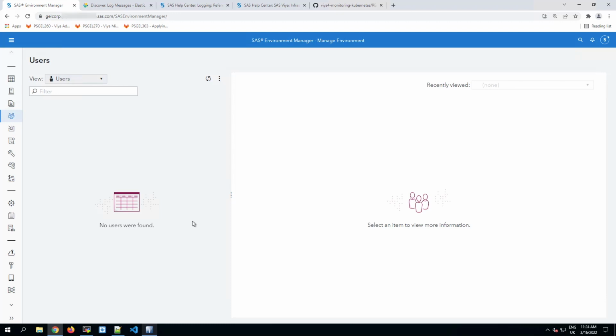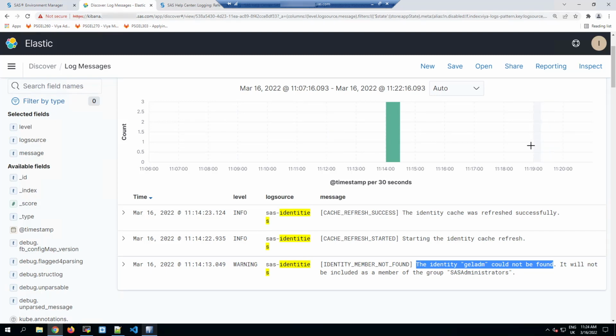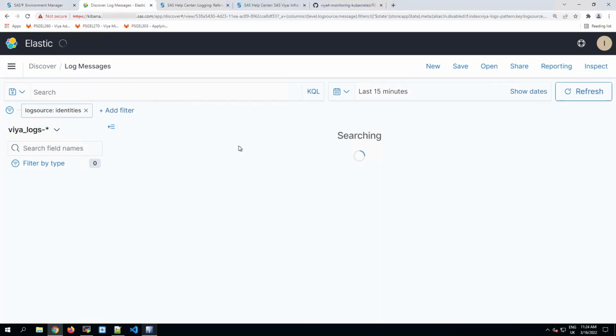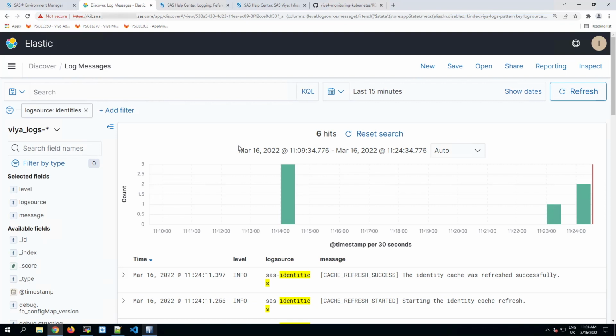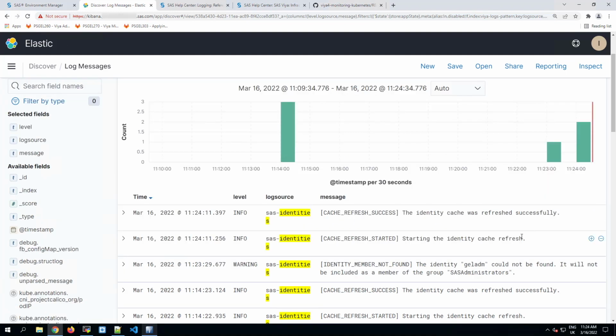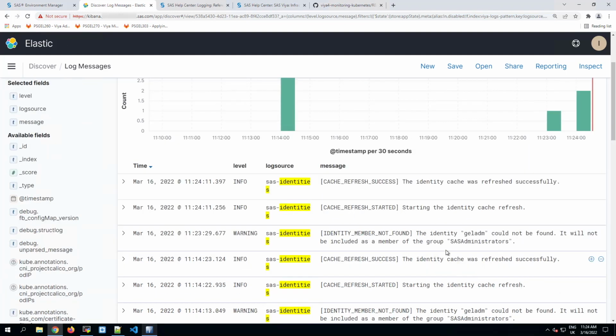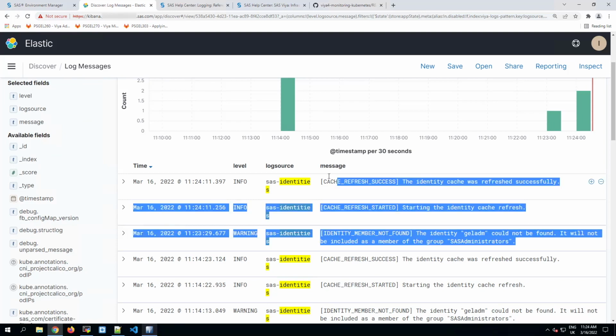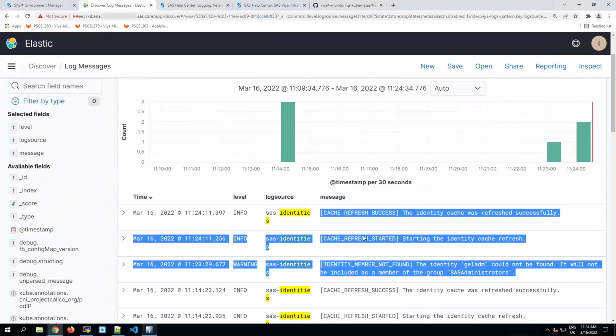So we'll run that command, give it a moment, and go back to Kibana and see what we can see here in the logs from SASFire. Okay, so we have new log messages, but they're the same as the previous set of log messages we had before. So we're none the wiser. We're going to need to increase the level of detail in these logs.